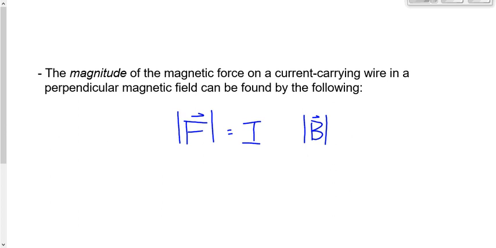It does need to be perpendicular, but what needs to be perpendicular? The length of the wire. The longer the wire you have, the stronger the magnetic force. And we are going to put a little perpendicular sign there, because the wire needs to be perpendicular to